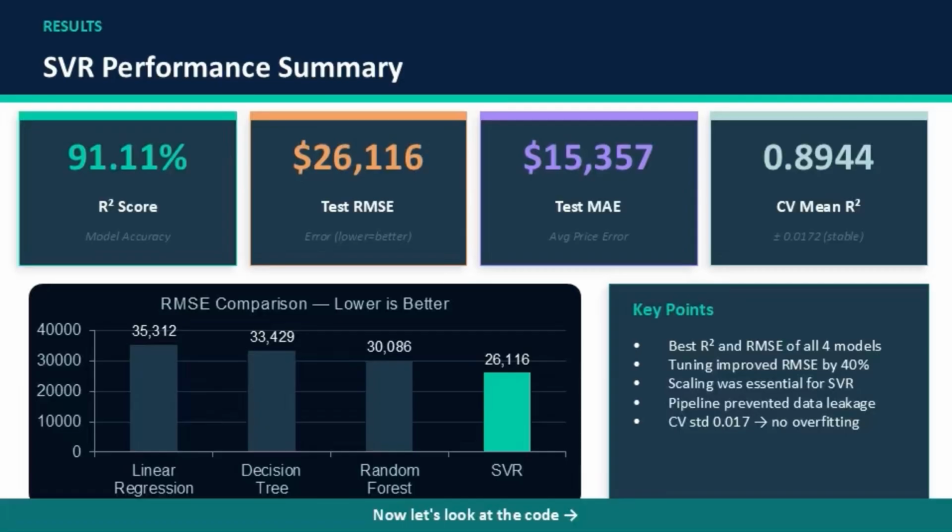Finally, let's look at the results. The tuned SVR model achieved a test RMSE of 26,116 and an R2 score of 0.9111, meaning the model explains over 91% of the variance in house prices. The mean absolute error was $15,357, and cross-validation gave a mean R-squared of 0.894, with a standard deviation of just 0.017, confirming the model is